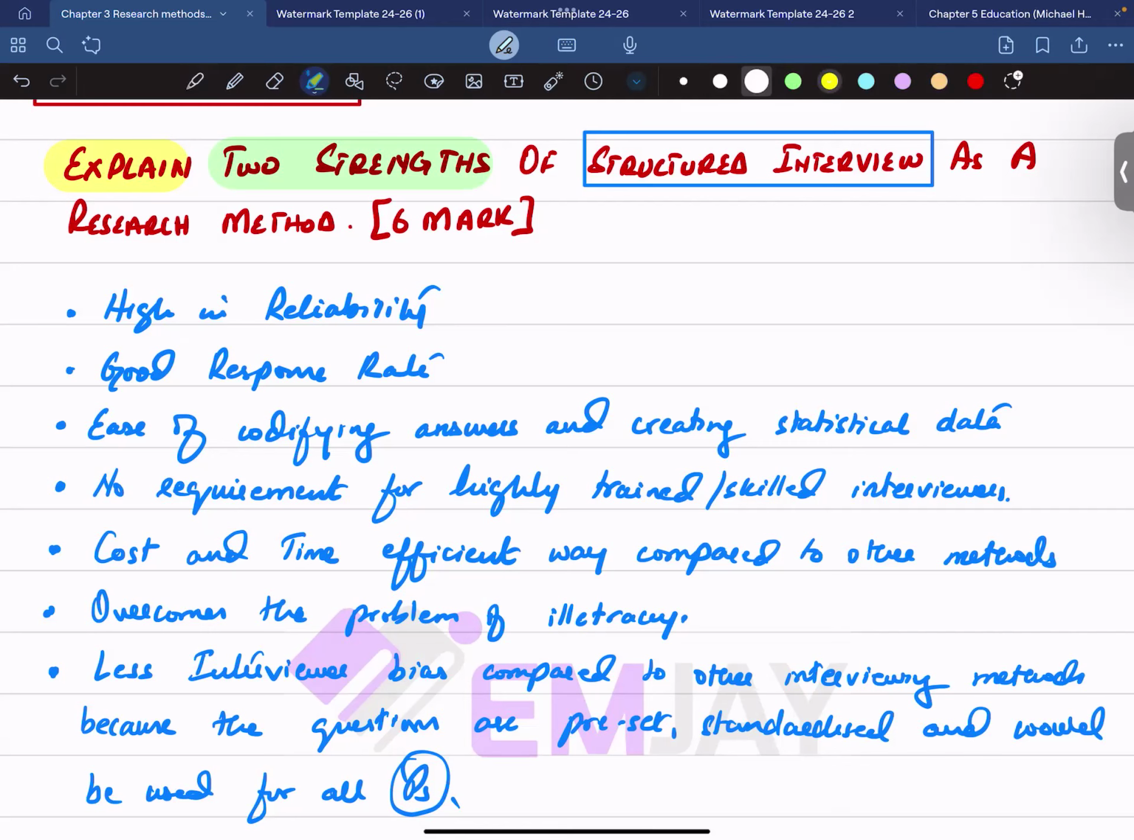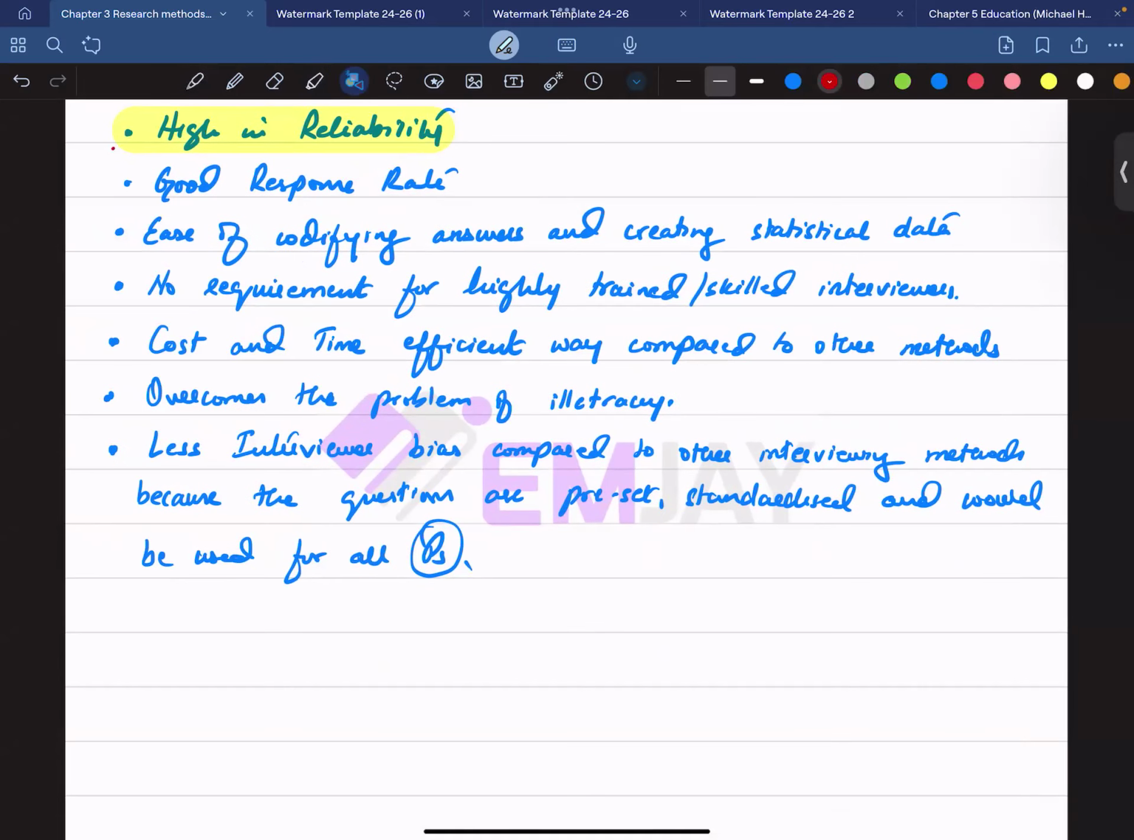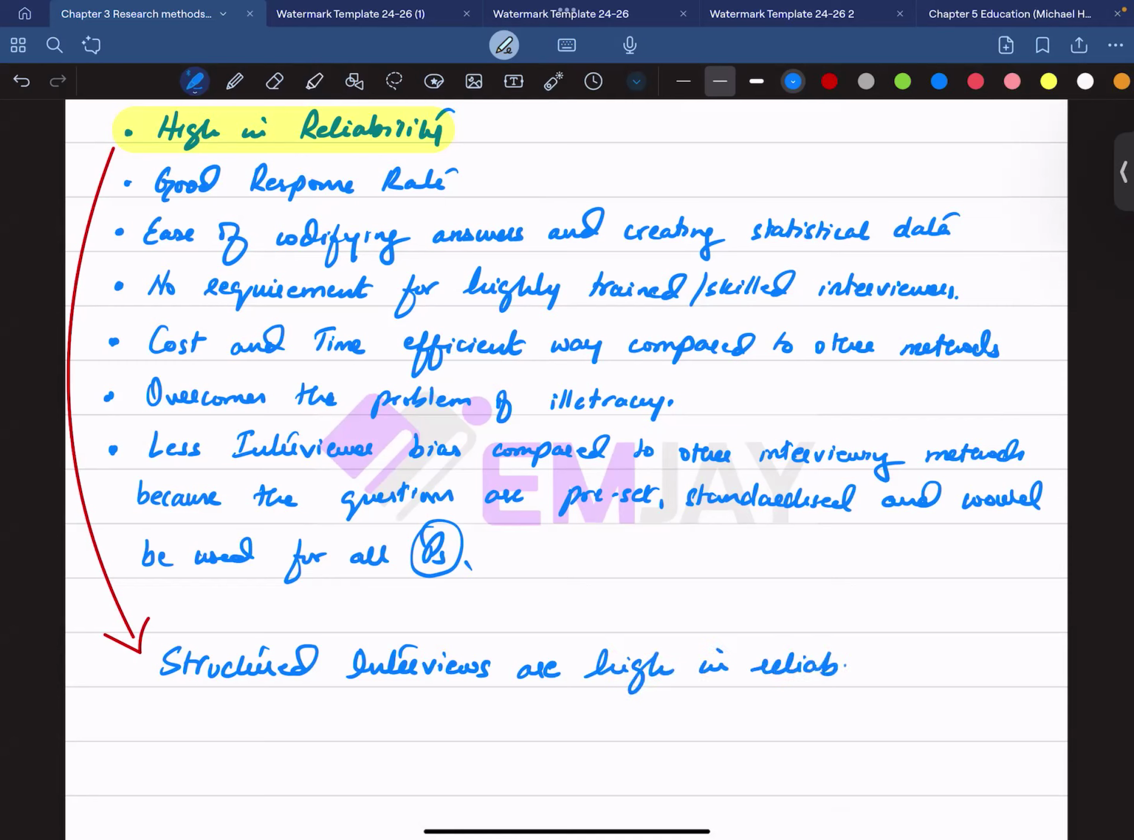Now, if we talk about a question of this nature, here you go. Let's just say if we're picking on this particular strength. So this is the strength if we are planning on using. How does this work? You could say structured interviews are high in reliability. This is how you're getting the first mark because the respondents will be answering the same questions,